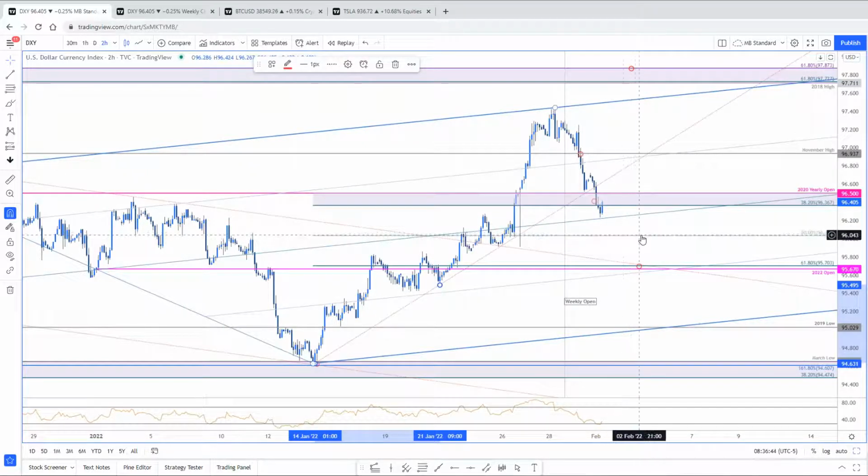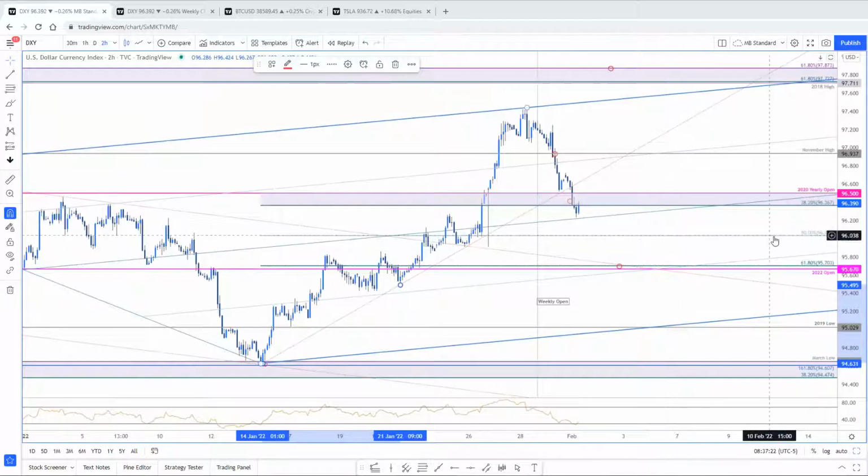Now, from a fundamental standpoint, nothing's really shifted, right? And I don't want to take too much stock here, especially with all the US data on tap. You got ISM manufacturing, I believe today, 9:45, right after this webinar, manufacturing PMI. This is the final read for January. So I guess the bigger one is going to be the core inflation print tomorrow from Euro. It's going to be the biggest market mover inherently on the horizon here. And then obviously BOE, ECB, and NFPs. But looking for exhaustion on this dollar pullback. Any questions on DXY before we move on?